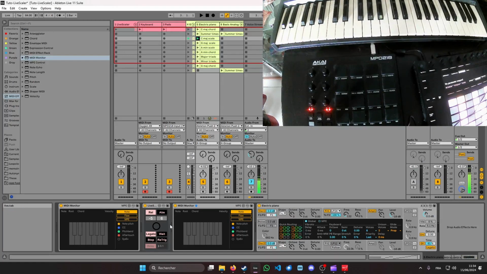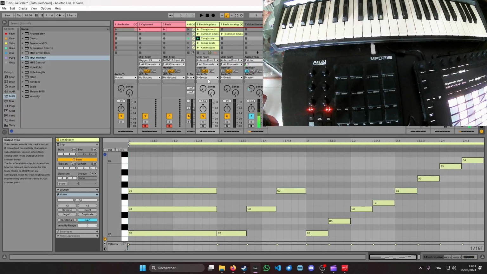There are two types of folding intervals. The first one is relative and the second one is absolute. You will see it is kind of the main downside of LiveScaler. For instance, if I play this and I apply a minor transformation,